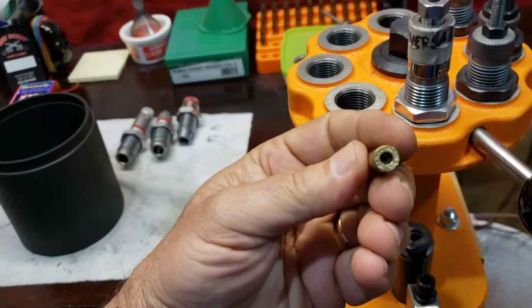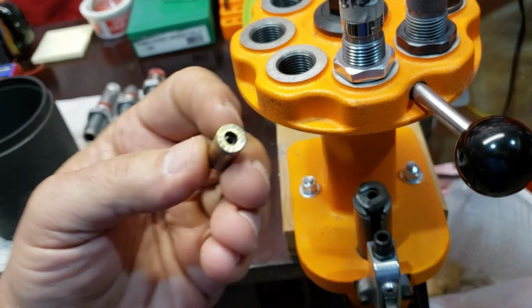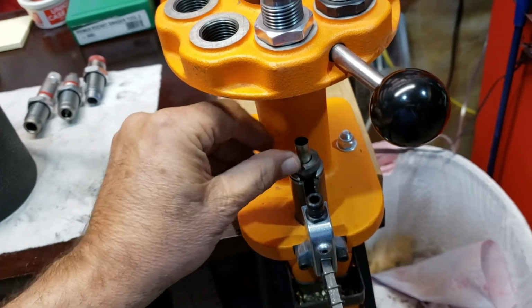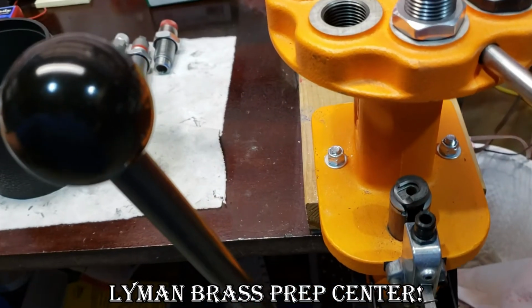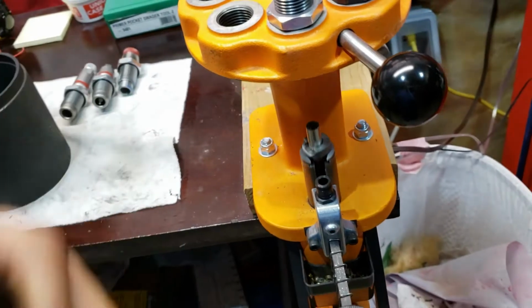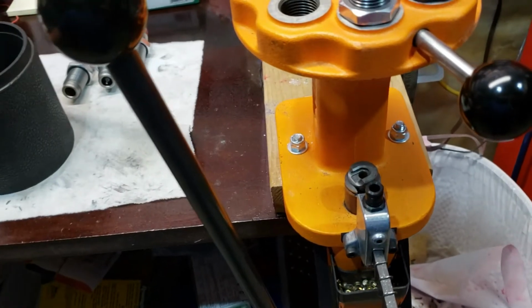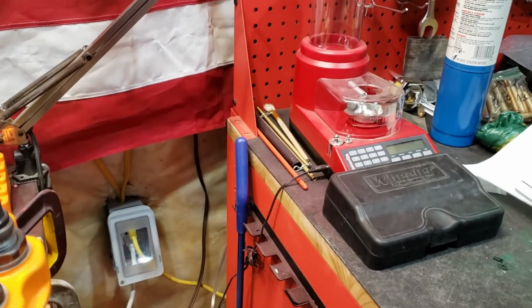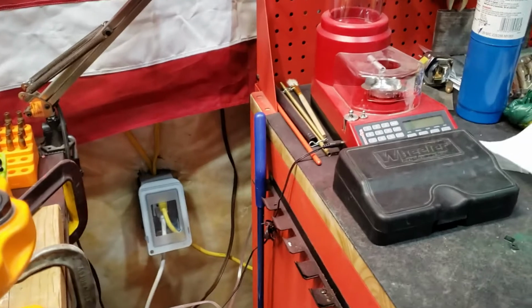The primer pockets are still a little dirty, and I've got to prep all of these and everything else. Fortunately, I have the Hornady Prep Center, so I can do the majority of everything with one hand, and that's going to be a godsend. And the same with when I get ready to do my powder measuring, I will use my Hornady